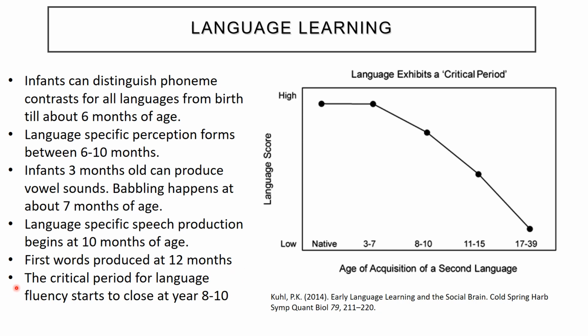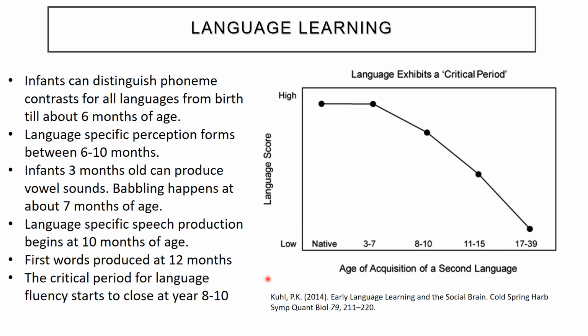But there's also, importantly, a critical period that's necessary for language. So a child will need to be exposed to a language within the first 8 to 10 years in order to have true fluency, the ability to fully understand a language and to produce the phonemes like a native speaker. We can see this critical period is most obvious in humans when we talk about the age of acquisition of a second language.